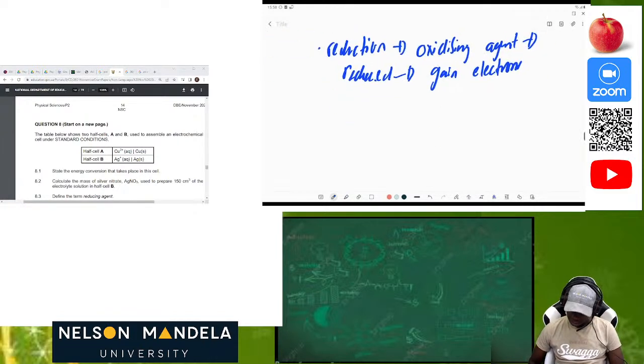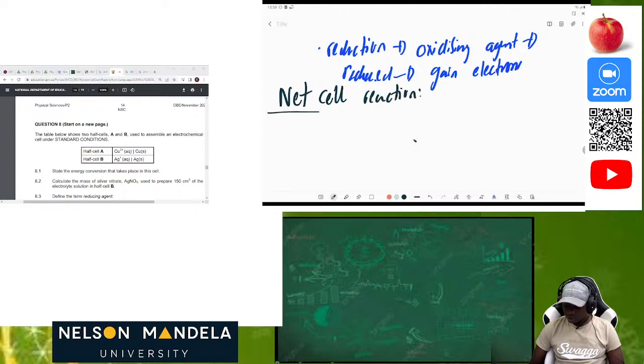So let me just write it down. The net cell reaction. Okay, net cell reaction. So looking at the galvanic cell which we had above, we had the oxidation